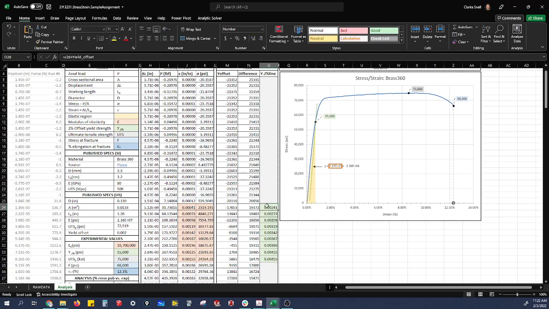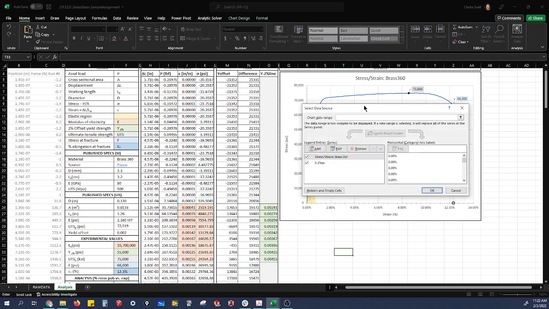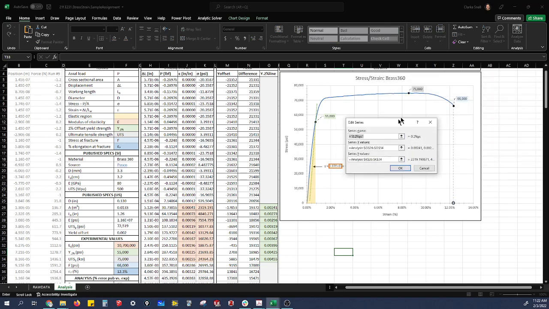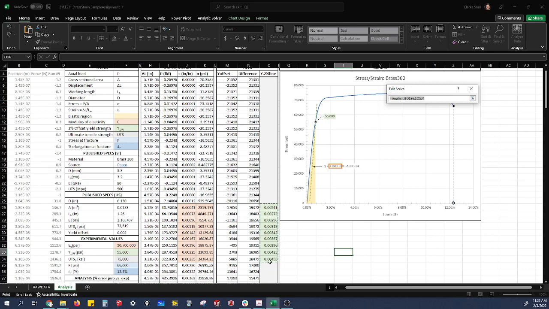I just add 0.002 to the values. I've done this a little more complexly here, but you can see my offset yield is 0.002, which would be 0.2%. I'm just adding that number to these values. So I've added those, and then I plot my 0.2% yield stress: my x values are these where I added the 0.002, and my y values are the same stress values on the y-axis. So those two plotted together create